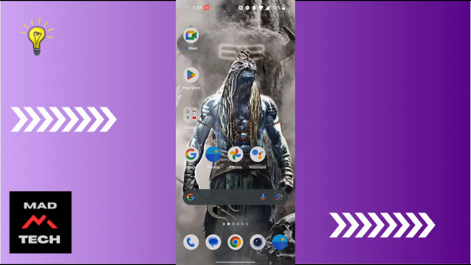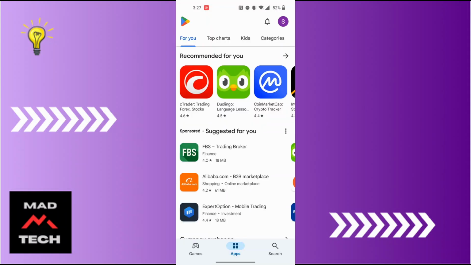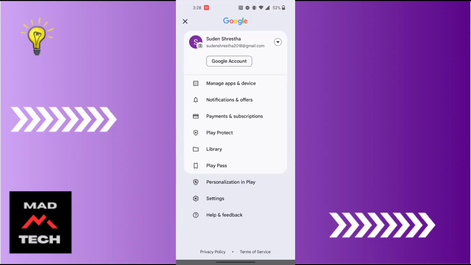Now, to remove any games you were interested in and had selected on the Play Store, first open up your Play Store app on your phone. And after opening your Play Store app, guys, on this interface, at the top right corner of the screen, you can see your profile picture icon available for us. Tap on your profile picture icon at the top right corner of the screen, and an interface will appear